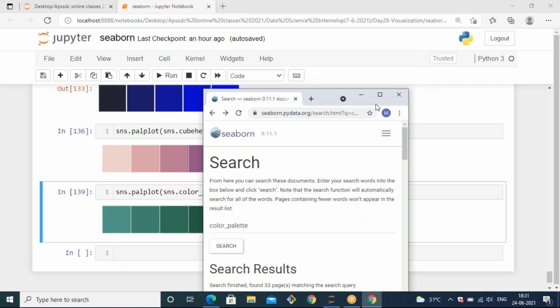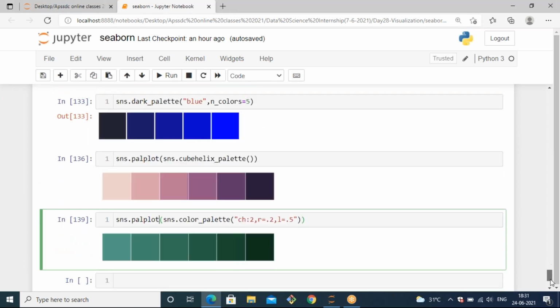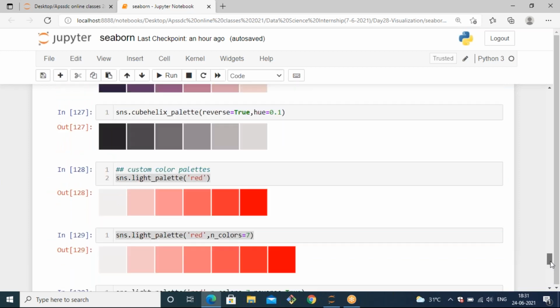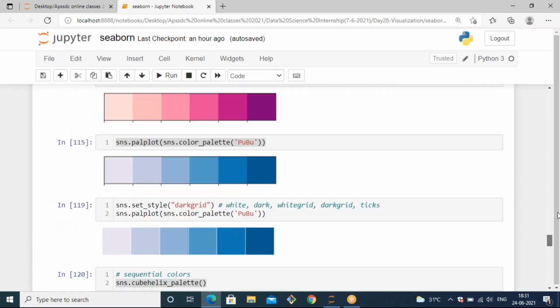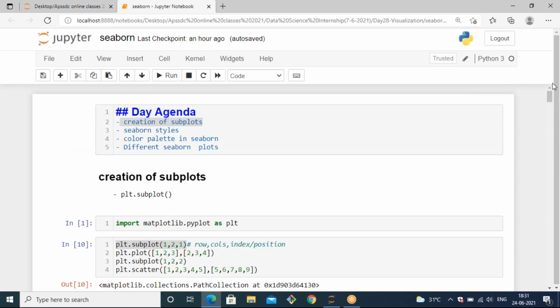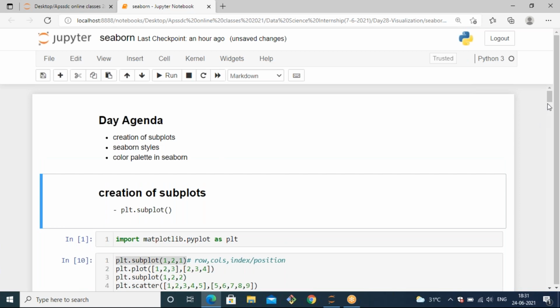Okay, that's it about today's session. If you have any doubts... tomorrow we are going to see how to visualize these Seaborn plots by taking a data set. We can take one data set, and with that data set we are going to visualize some kinds of plots using Seaborn. Up to now we have only seen color_palette. Tomorrow we will see the different types of Seaborn plots.